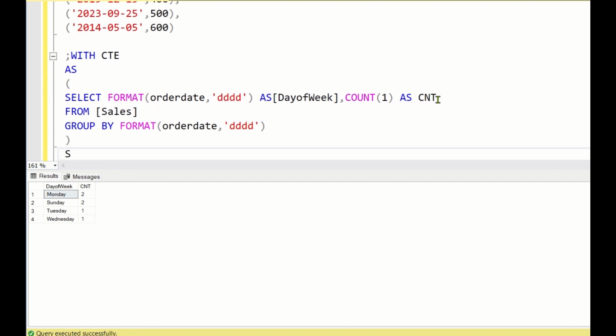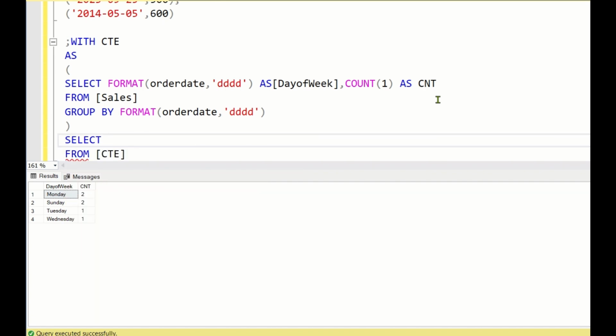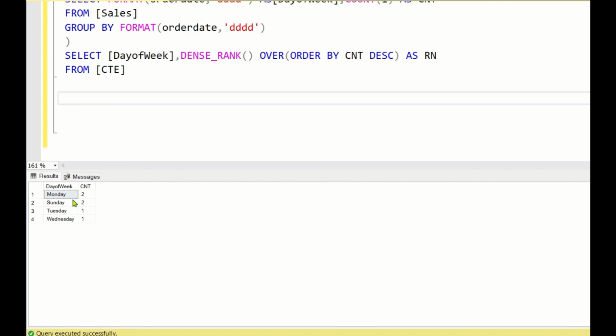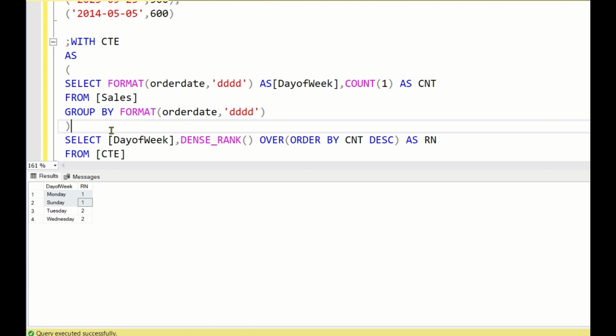and select from CTE, and we'll apply DENSE_RANK. So day of week, comma, DENSE_RANK() OVER (ORDER BY CNT DESC) as RN, okay. Now if you run this, you will get dense rank applied. Sunday and Monday have 2 orders each, so the same RN value of 1 is applied to both. And now let's put this in one more CTE called CTE2,